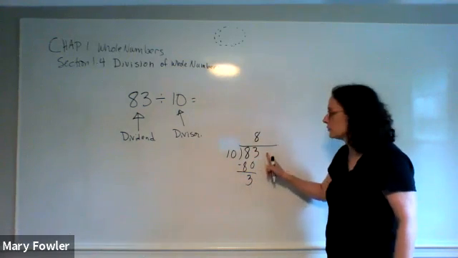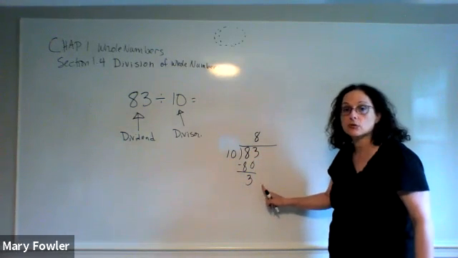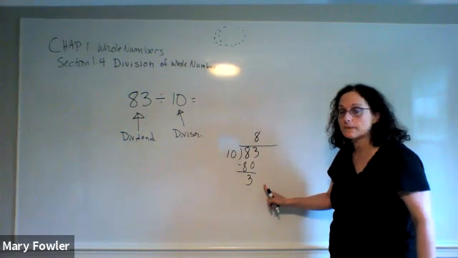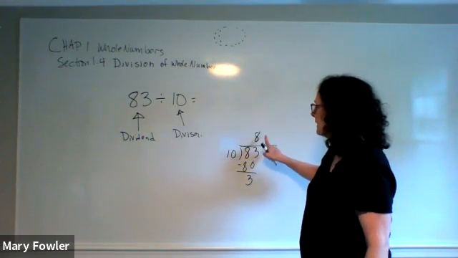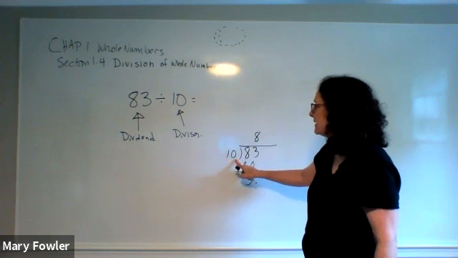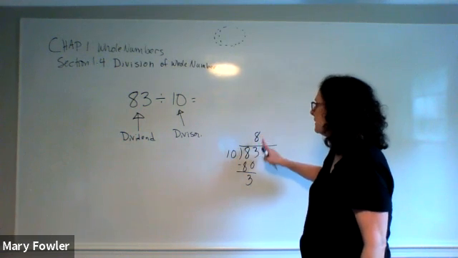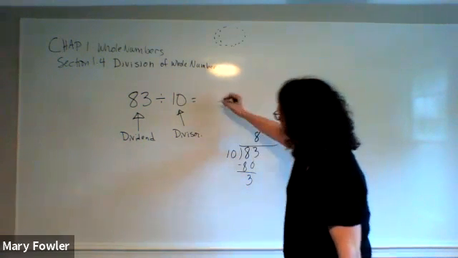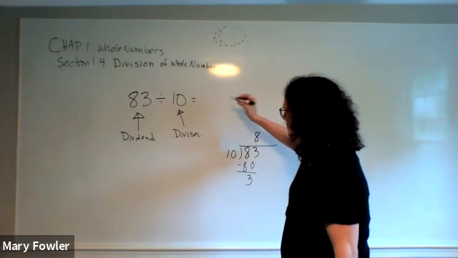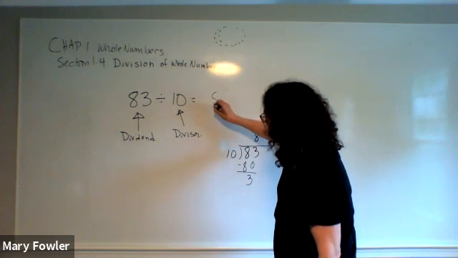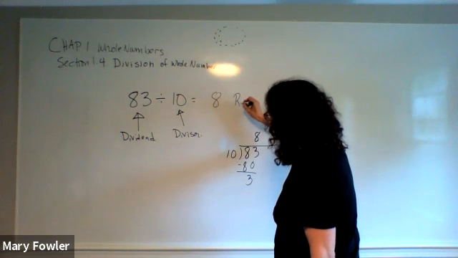Here's a 3, I have no digits left to bring down, so 3 ends up being our remainder. So what we have is that 83 is 10 times 8 plus 3. So we know that 83 divided by 10 is going to be written as an 8 with a remainder